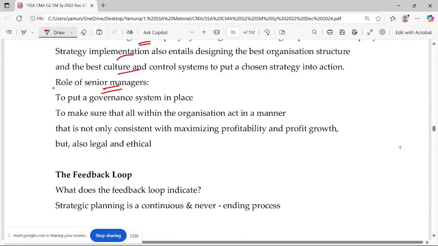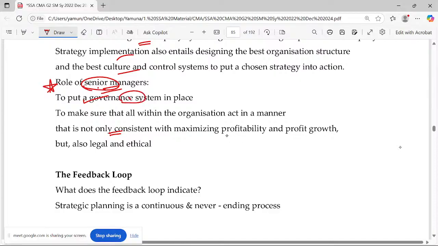What will be the role of senior manager? Please make a note of it, because whenever you go for implementation, we think that it's just the third level managers' work. No, actually the senior managers, the top level, also have a role to be played. They'll check that everything is good in place, the governance system is in place. If there is any inconsistency or if there is any atmospheric difference happening, the environment is changing, they have to utilize that and change it. So all this has to be taken care of. That's what the governance system is.